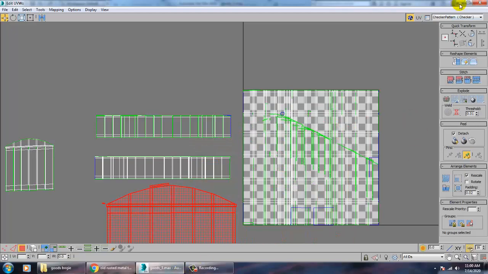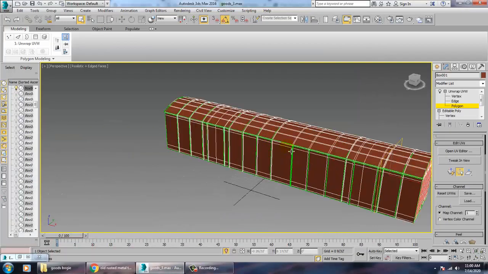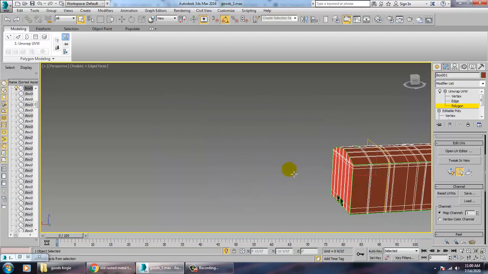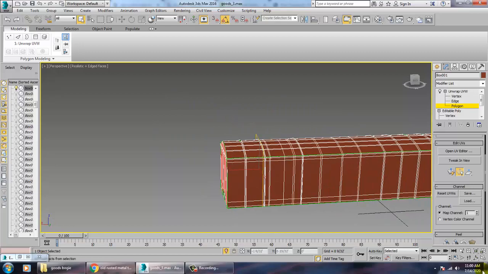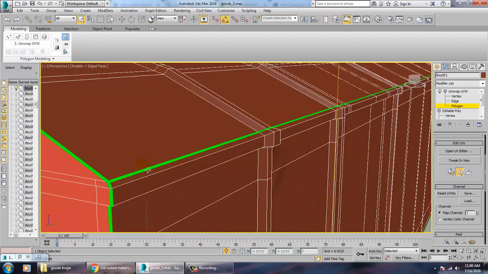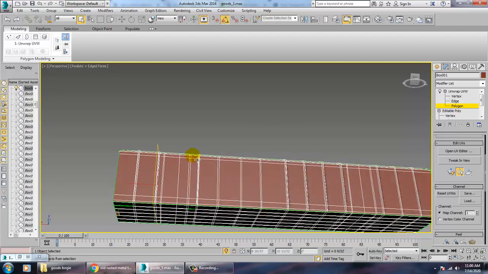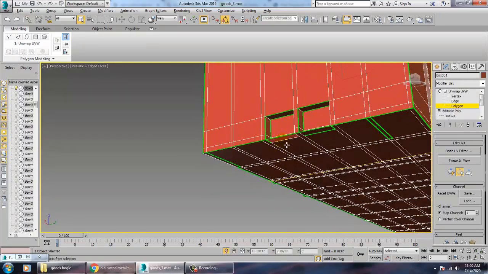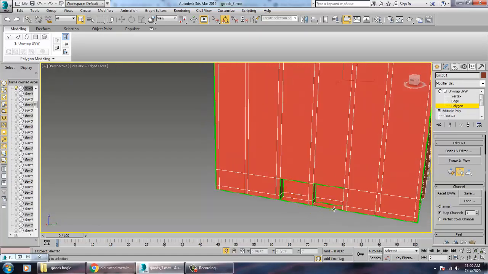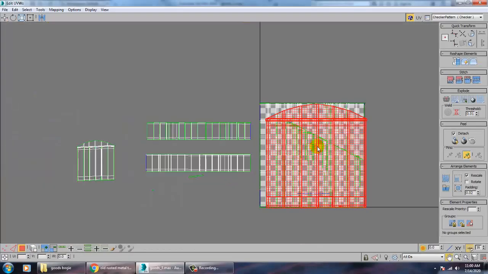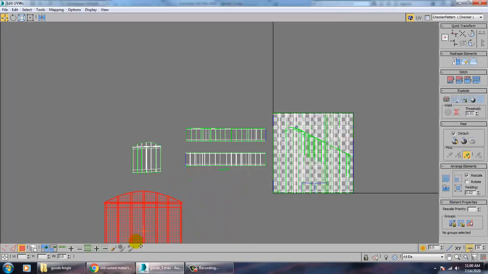Okay. So this was just missed out. So again, quick planar map and take this over here.